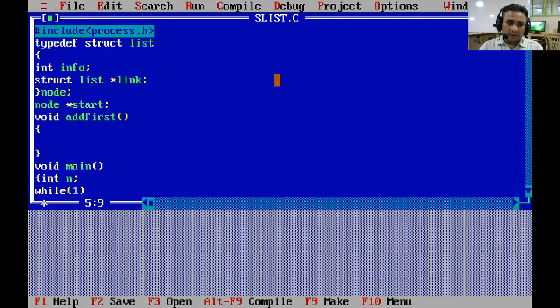Now we are able to create variable or variables of type node. So we need a ptr variable for holding address of any node.